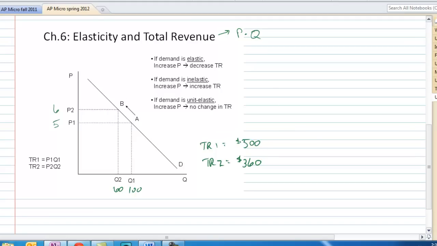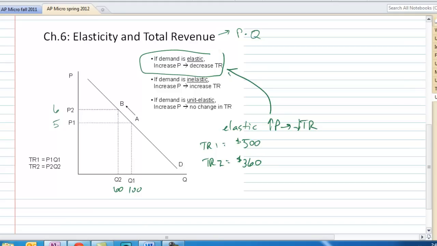And we can make some generalizations about the relationship between the elasticity of demand for a good and the total revenue, the change in total revenue that comes from a change in the price of the good. So notice what we had here was we have an elastic demand for a good. And when we increased the price, we decreased the total revenue received by the producer. And that is a general rule that actually just matches what's written right here. And this is just as a result of the math that's going on here.